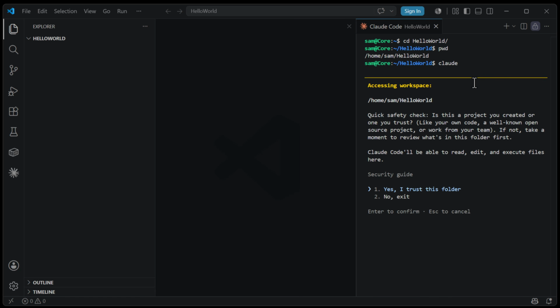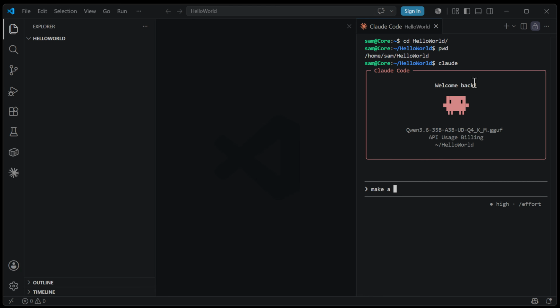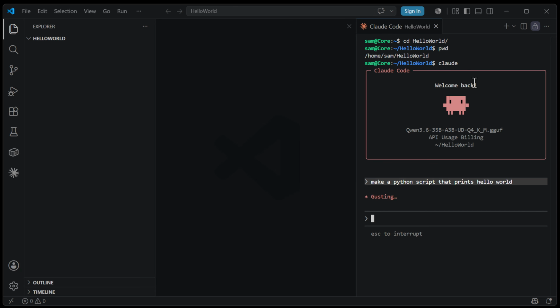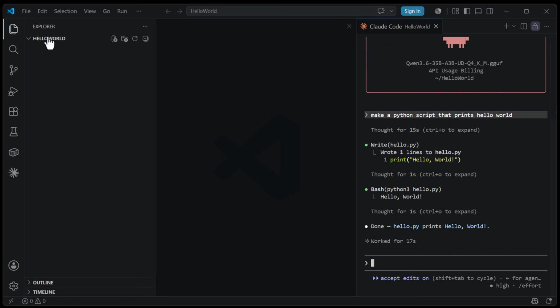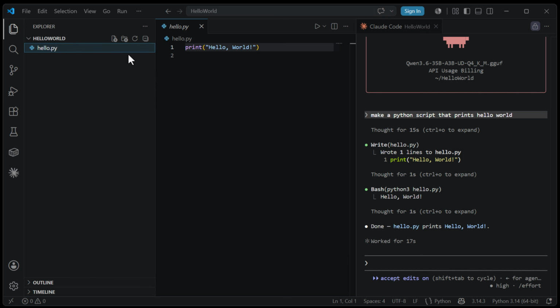Then select Trust this folder. You can ask Claude to use our model and then create whatever we want. Here I ask to create a basic Python script. Now obviously you can use other models, and it might be better to use a coder model, which is specifically